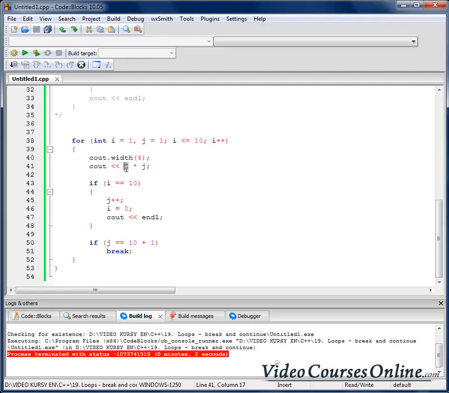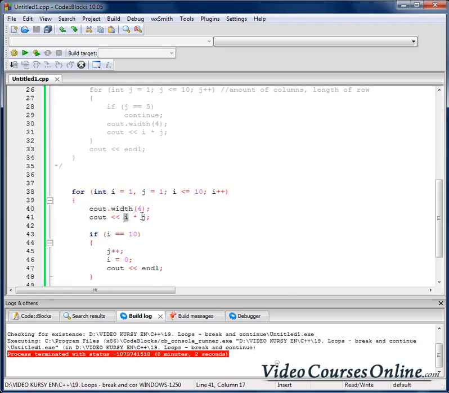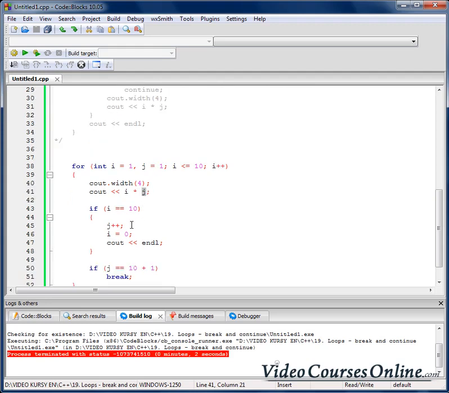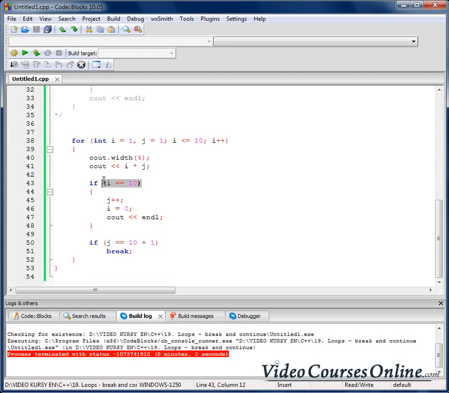So right now we are multiplying i, so at the beginning 1 by j, which is 1, and after it we are just skipping those guys here because the conditions are not true, they are false, and we are increasing i, we are checking the condition, and we are multiplying 2 by 1, 3 by 1, 4, 5, 6, 7, 8, 9, 10, and finally when it's 10 we are checking that the condition is finally true, and we are increasing j, we are assigning 0 to i, we are creating the end line, so we are creating the enter,